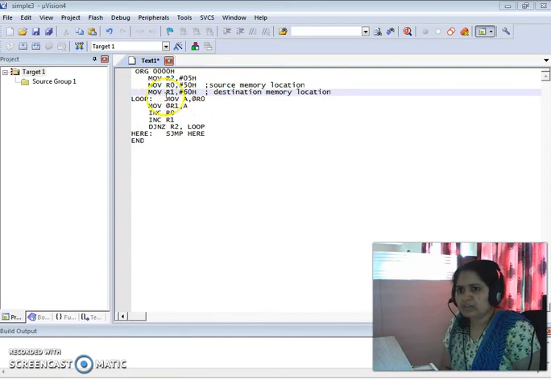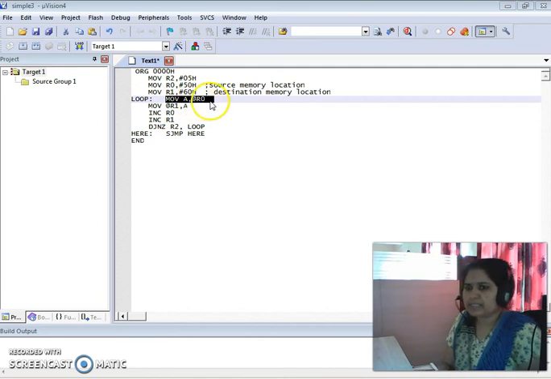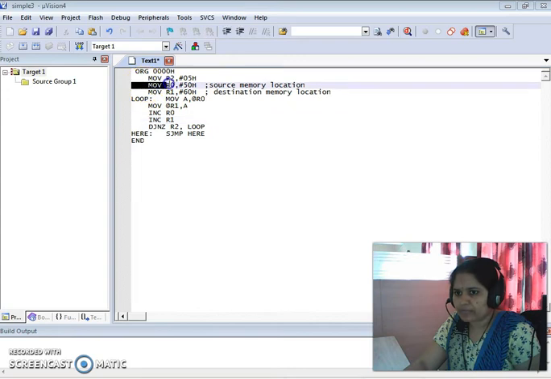So according to that, I have written the instruction. Now see, what is the first instruction in the loop? MOV A, @R0. So what is the meaning of this instruction? The content of the memory location whose address is pointed to by R0 will be transferred to the accumulator. Right now, R0 is pointing to the 50H memory location.